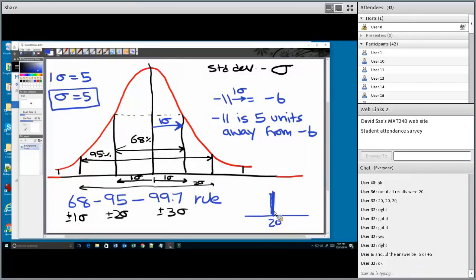So Conrad, the answer should be 5. Remember I said standard deviation can never take a negative value. Remember from last week when we did the formula, we squared all the errors. Because we square all the errors, the standard deviation can never take a negative value, because when you square a negative error, you still get a positive number. So standard deviation will always be greater than or equal to 0. You have to remember this. If you get a negative answer, then there's something wrong with the calculations.